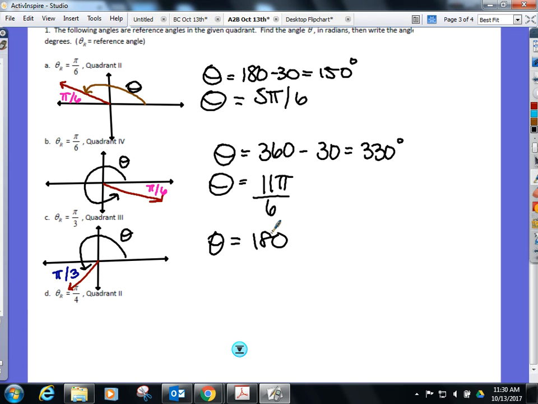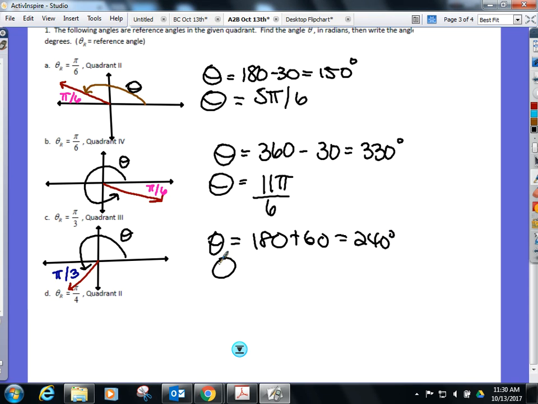Okay, are you sure you want to minus 60? Because here's 180, right? And this is going 60 more. Add 60, yes. See the difference? Beautiful difference between these two problems. This was in quadrant 2. I want to subtract it from 180. I want to add 180 when it's in quadrant 3 here. So it ends up being